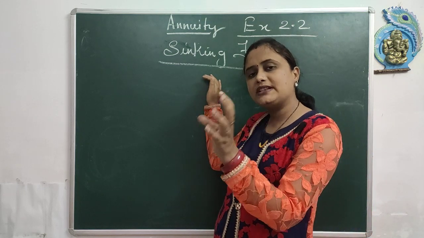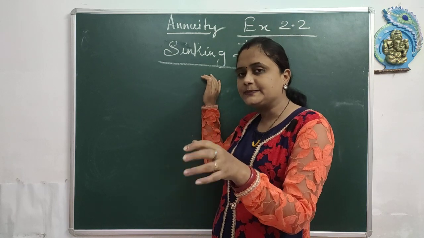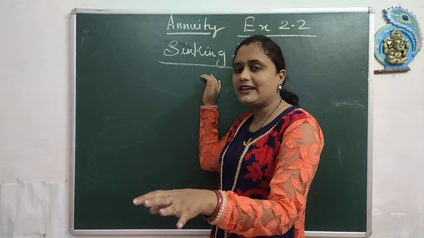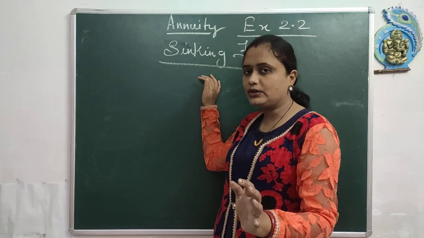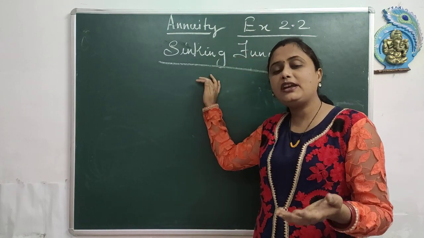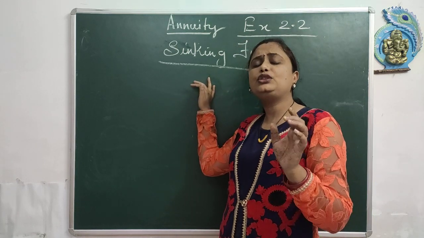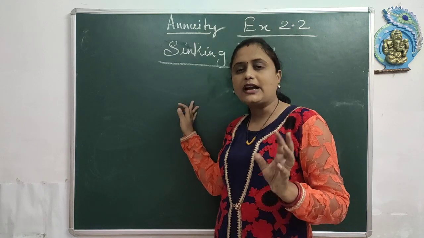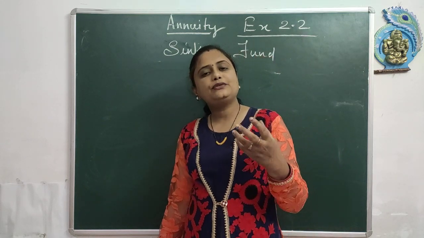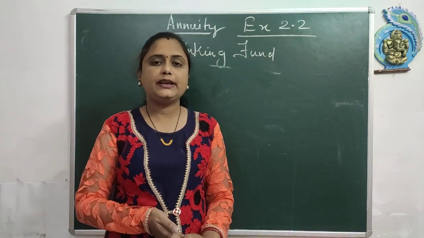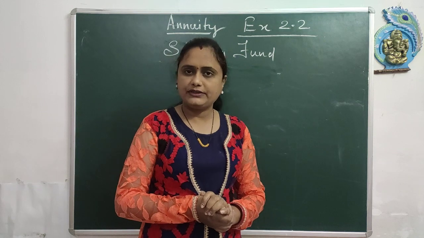It means we keep depositing in a fund or keep setting money aside. If you keep it with yourself, you will not get interest; interest will not be added, and the money will remain the same. So you should not keep it with yourself. If you deposit it anywhere, you will get interest. So how much should you deposit every year, quarterly or half yearly, whatever period you have decided, so that you have 10 lakh after 10 years? This is the concept of sinking fund. Nothing different. You have to apply the formula for annuity immediate only, for finding the accumulated value or cash flow or whatever is asked in the question.